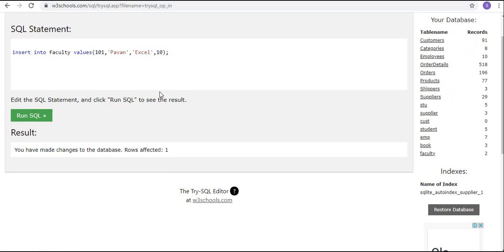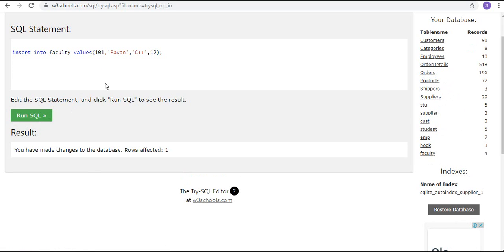Same person, I'm going with one more subject, RDBMS, 8, and the same person with one more subject, C++, 12.